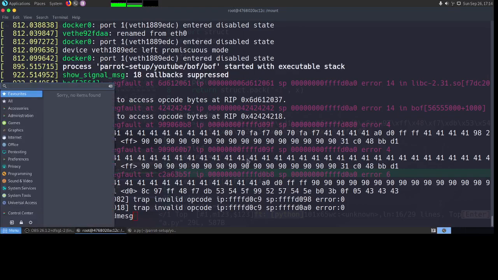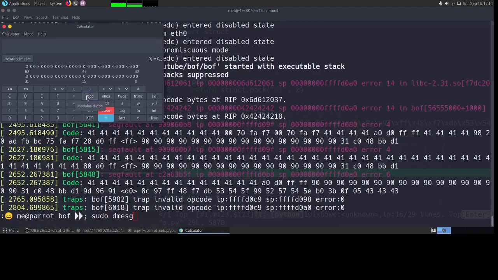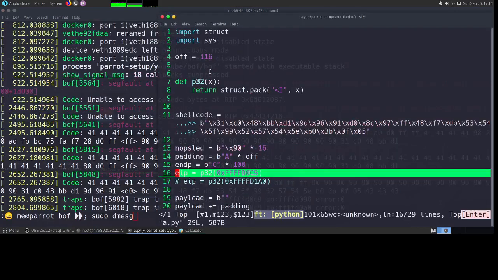Are we calculating it correctly? Okay, so our SP was this, and then we need to add 43 to it. D0E3. It should be D0E3.